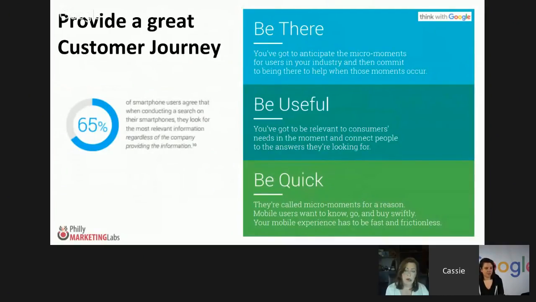Okay, so another thing to do, getting started, is to make sure you're providing a really good customer journey. You've got to be there, you've got to be useful, and you've got to be quick. So it's kind of like anticipating what your target audience is looking for, what search queries they're going to maybe input into Google, and what they're expecting. Being useful is being relevant, and relevant is like